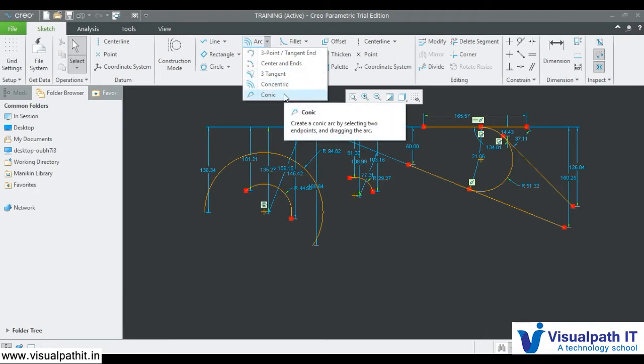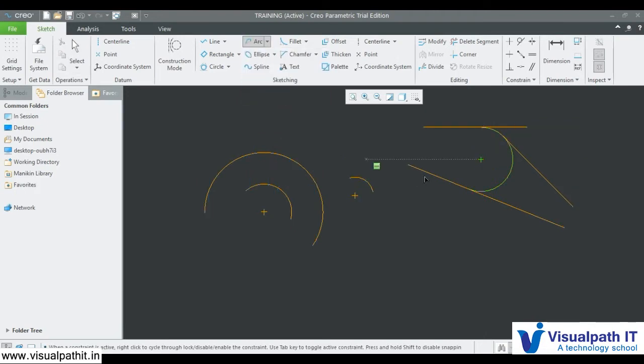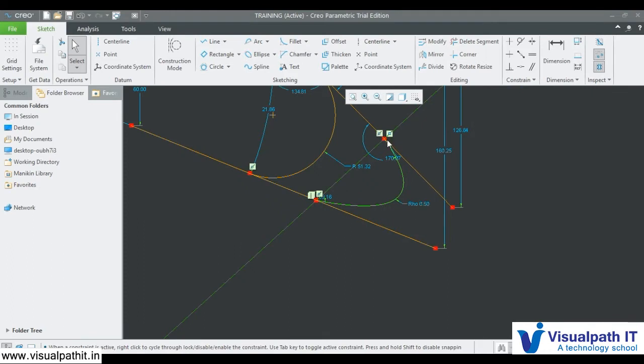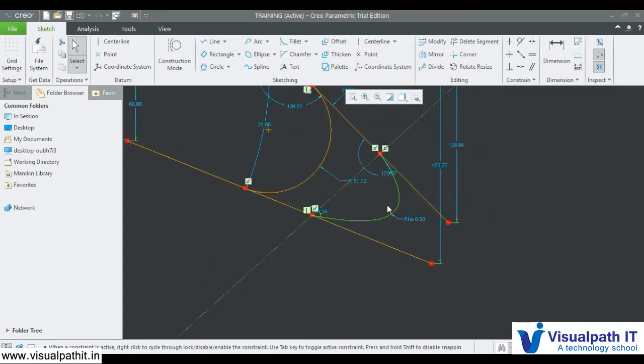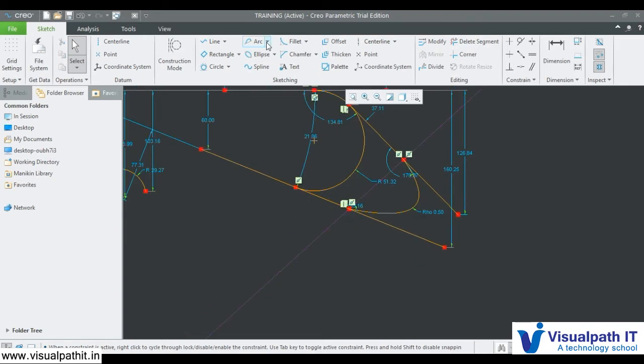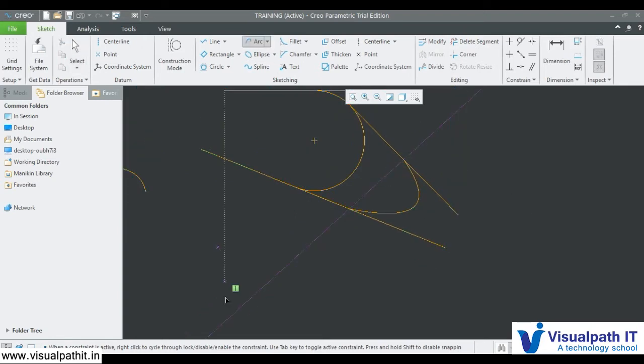And next is conic arc. Let's say you want to create an arc which is something like a conic or an ellipse, which is not circular. You just select your 2 endpoints and create an arc.